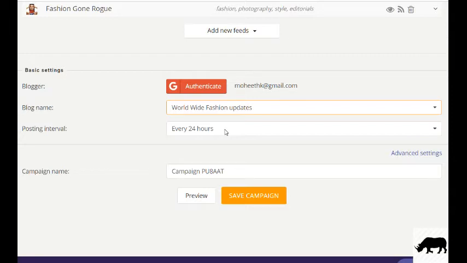On paid subscription, there are many other attractive and helpful packages from which we can select and professionally adopt this RSS ground to post on our behalf to our social pages and to our bloggers. From here you have to click on save campaigns.